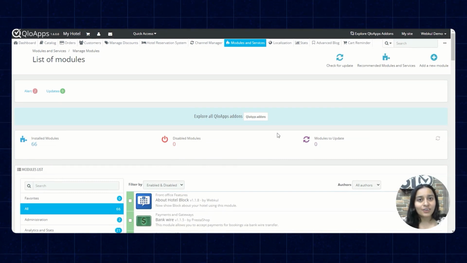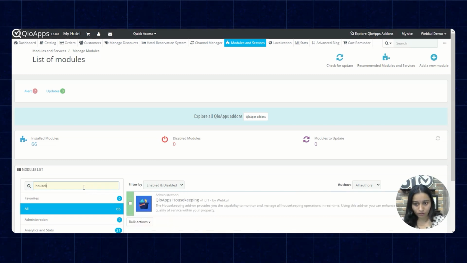Once you install the add-on, it's time to configure the add-on and use it for your housekeeping management. So let me show you how you can configure the add-on. You can either configure the add-on by searching for the housekeeping add-on and then clicking on the configuration button.